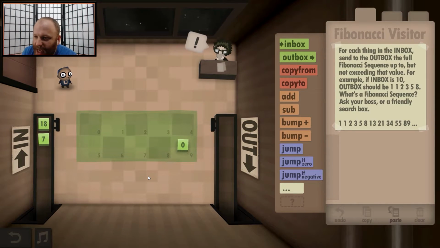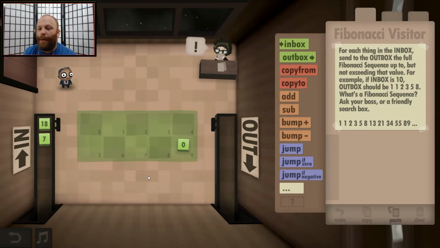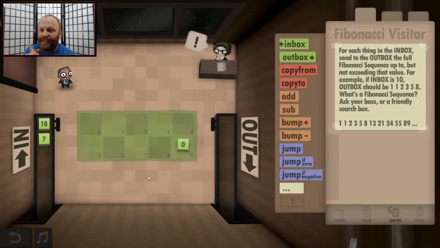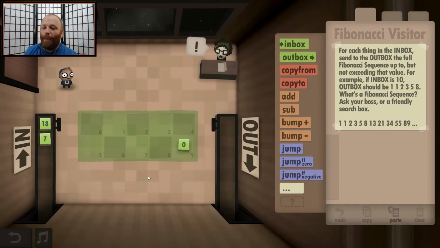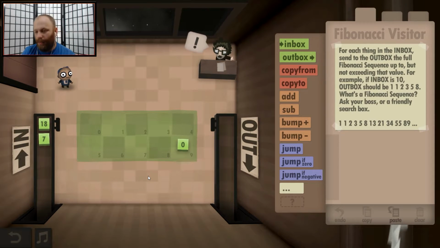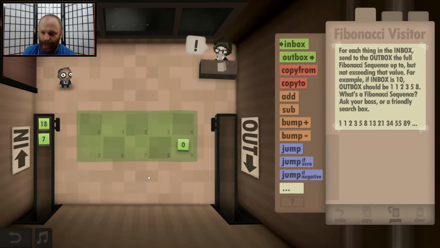All right. For each thing in the inbox, send to the outbox the full Fibonacci sequence up to, but not exceeding that value. For example, if inbox is 10, outbox should be 1, 1, 2, 3, 5, 8. So basically you